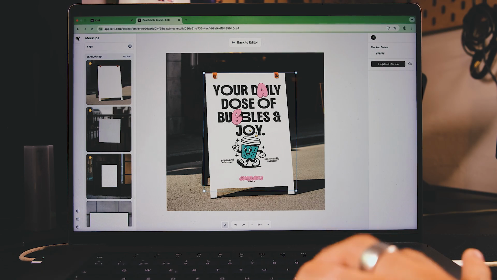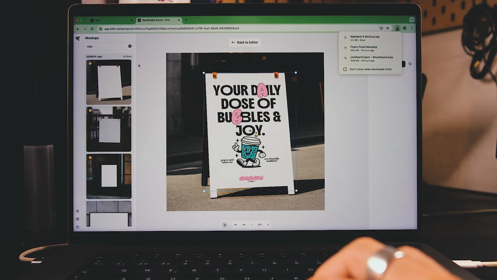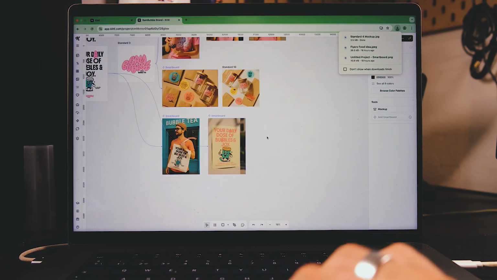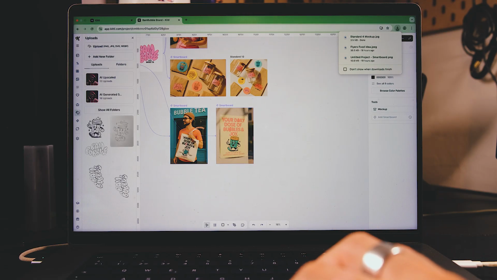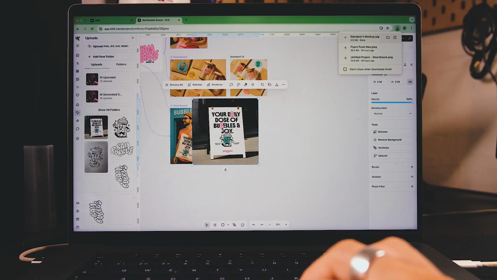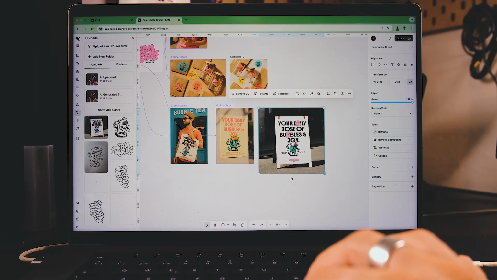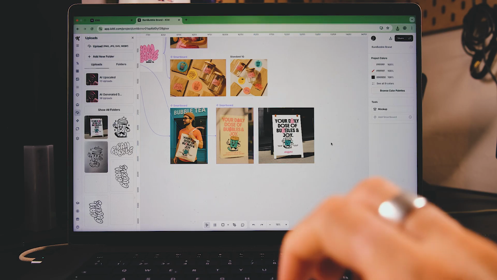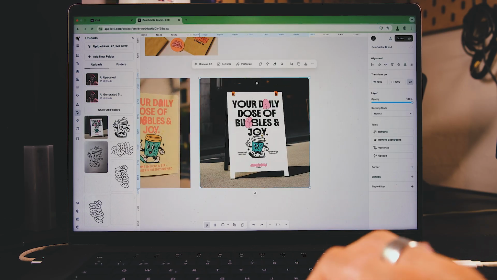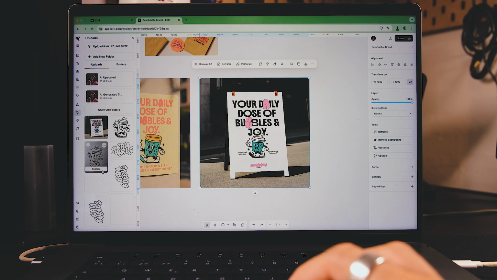And now here you can, for example, download it. Now go back to the editor. And let's place it right here. Maybe there is a smarter way to do this, but so far I think that's going to be fine. And here we have it. This could obviously be better,